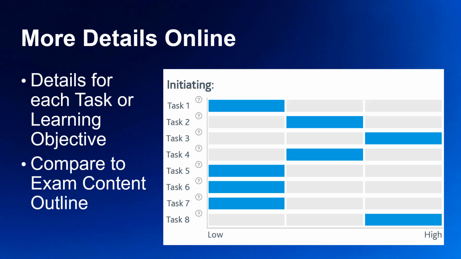Our example student here can now print out the exam content outline for their PMP exam and read up on what tasks 1, 5, 6, 7 and 8 are all about, because as you can see here, the student performed low in these. And with that knowledge about which of these tasks am I low in, I can then specifically study up on those topics. Well, and that's pretty much all the information that you can find in your exam results report and online in